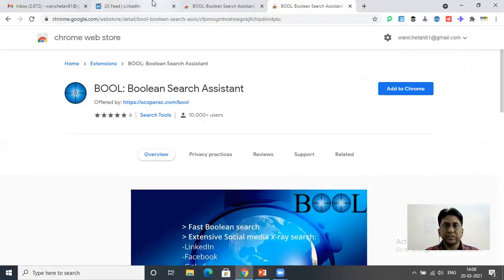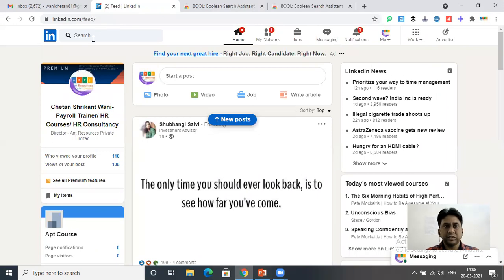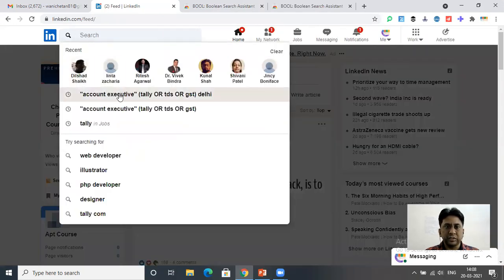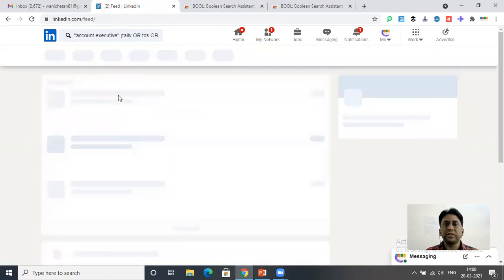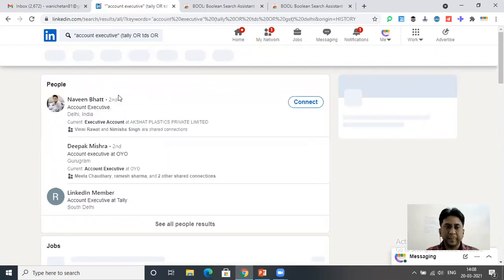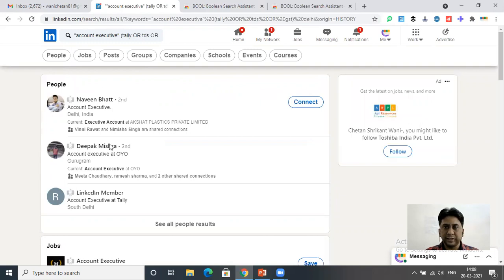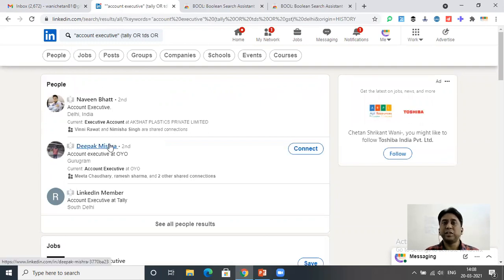So go to LinkedIn and search here, say, account executive for Delhi location. And these are the details. Now remember, before using this Chrome extension, let me tell you, you won't find contacts for each and every profile, but you will find them for most profiles, because as I said, the information should be made public. If the user has not entered his details, you won't be able to find it.